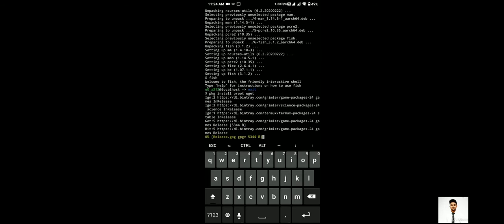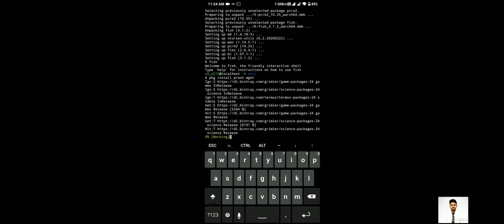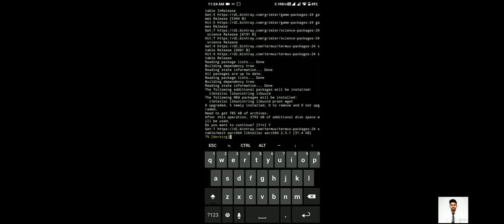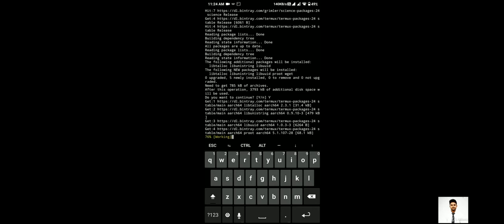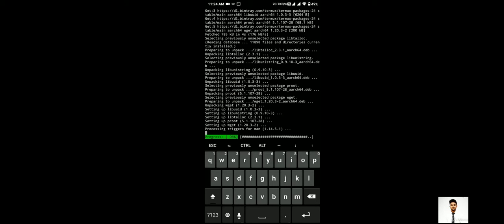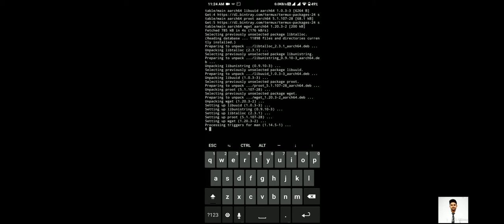The command first installs proot, and after installing proot, it installs wget. It is getting installed. Okay, it is installed now.